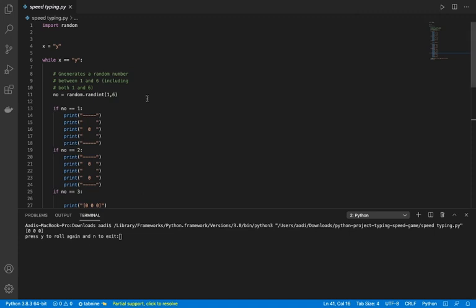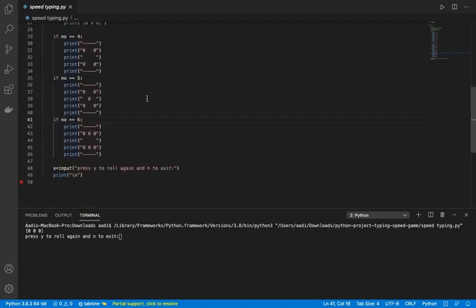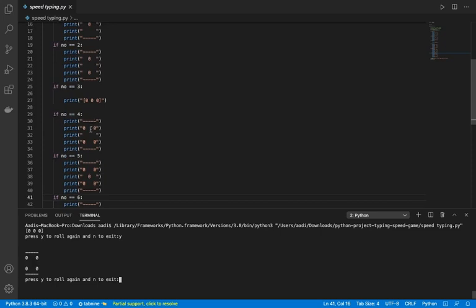Now as you can see it is showing me three prompts. Those prompts ask if you want to roll the dice again or not. If you do, please press Y, and if you want to exit, please press N. So I'm just going to press Y to roll another time, and as you can see now it is showing 4. This is a really great way to automate dice. I'm going to show you how to make this, and now I'm just going to press N and it will automatically break the whole code.